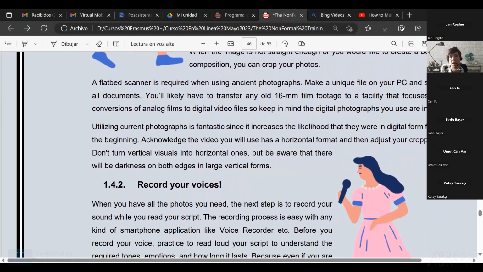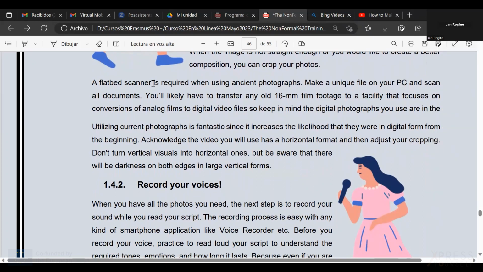And something else, I gave you an example of one of my works with the storytelling. Sometimes you have to scan photographs because they are printed, or you lost the digital photograph and you have it printed. So when you have to scan pictures, it is again an investment of time. You need a good deal of time to first scan the picture, then make sure that the picture has been scanned properly.